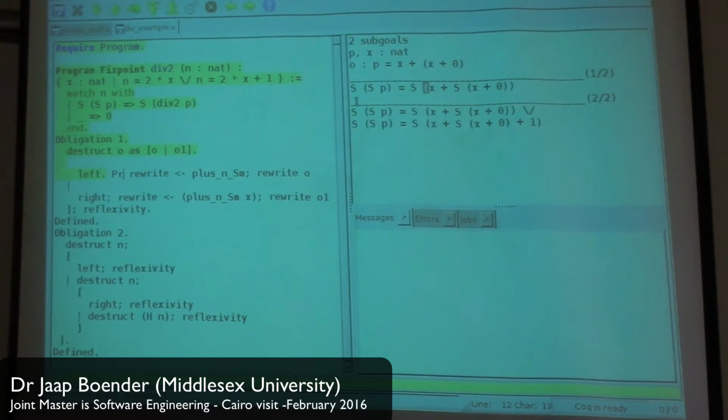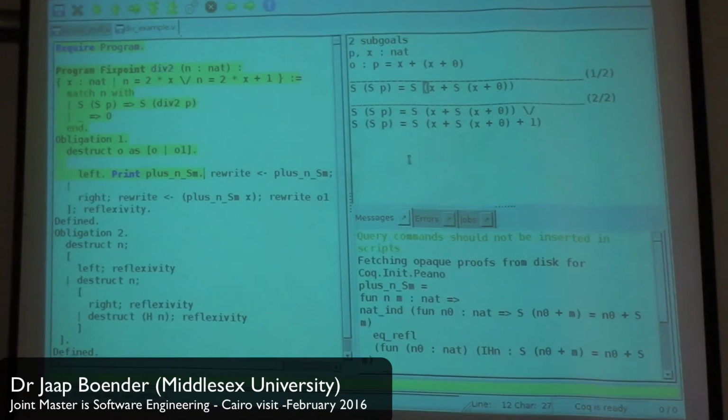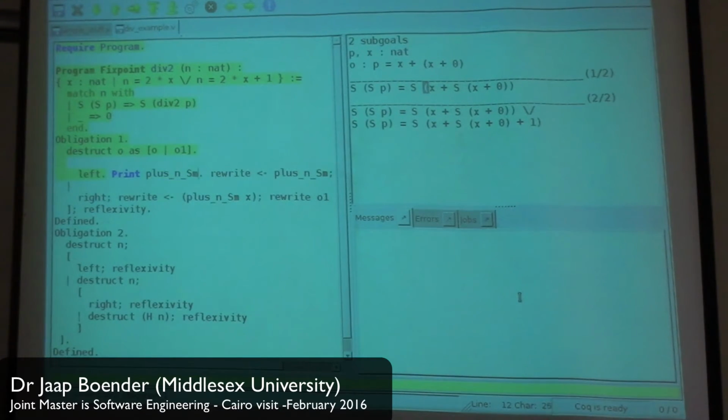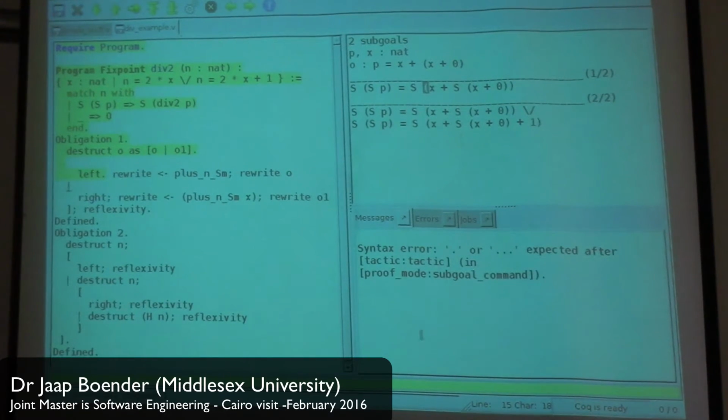You can look at this with Print plus_n_Sm. Plus_n_Sm is a predefined theorem in the standard library of Coq that says the successor of n plus m is n plus the successor of m. So you can distribute the successor over addition. So if I rewrite this, you'll notice that I need to